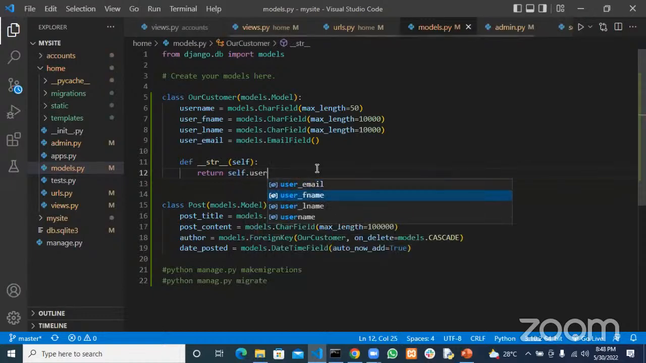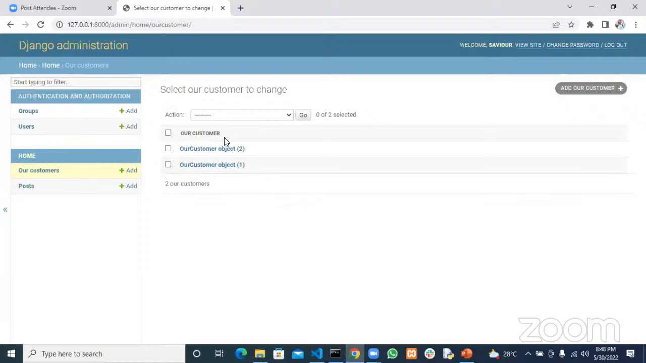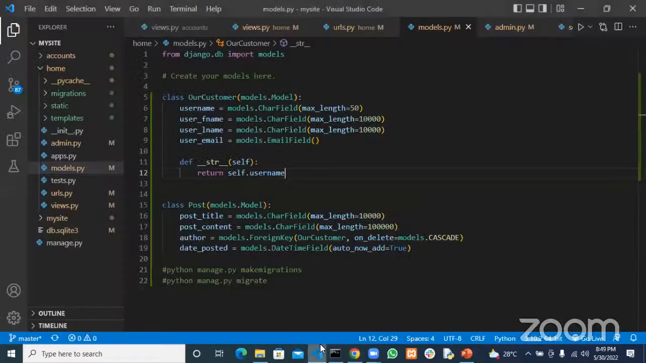Return self dot username, okay? Meaning that once I save a new customer, I don't want to be seeing this thing. I want to be seeing their username, not customer object or customer object 2 or customer object 1, okay? I don't want to be seeing that. I want to be seeing a username, okay? So remember, this is a special function, so it must be that way, double underscore str double